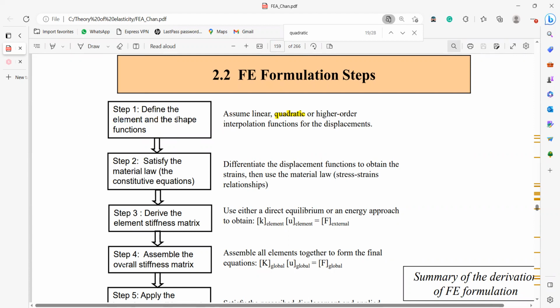It is based on the order of the shape function. Is the shape function linear or quadratic or cubic or higher order? The interpolation functions for displacements could be called the hat function, shape function, or interpolation function. All this function does is interpolate what is happening between